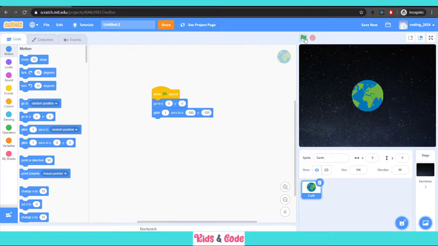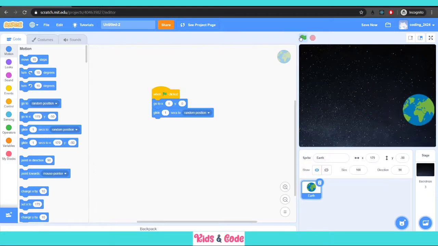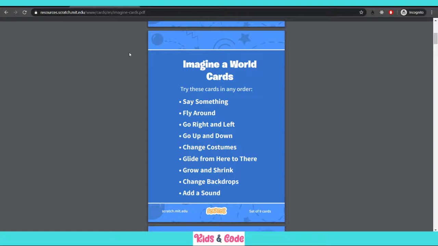When I now click the green flag, it will move to that position. If we want to make it move to random positions, we can also choose glide 1 seconds to random position. And now whenever I click on the green flag, we'll see it will start from this position and move to some random position.